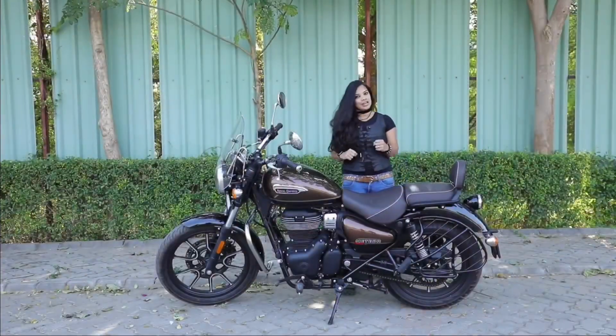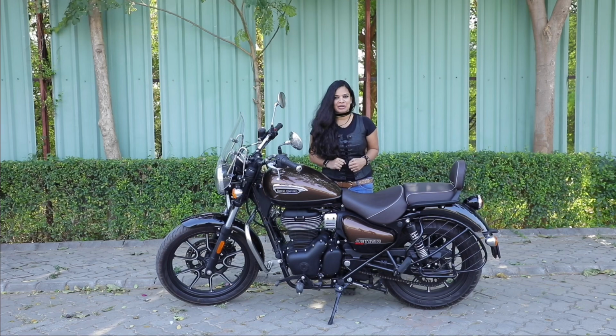The bullet, the Royal Enfield, is set to be made like a gun. Well,